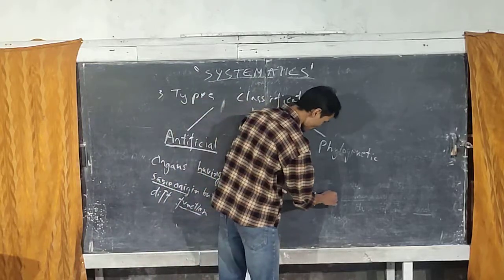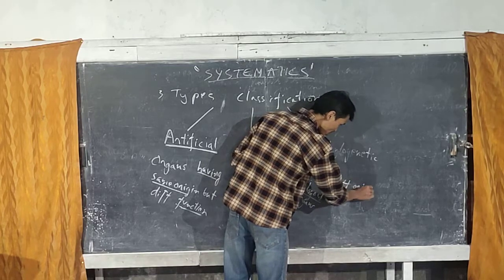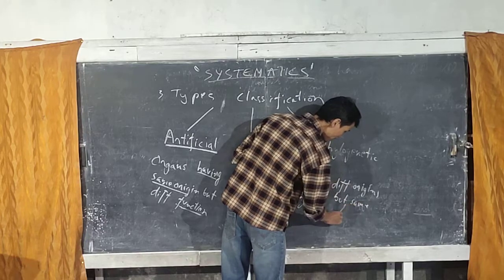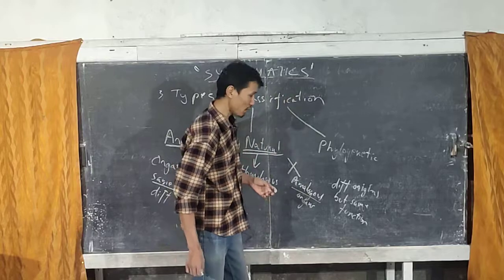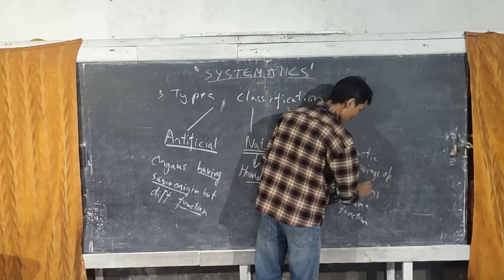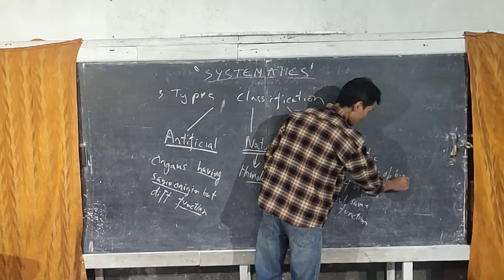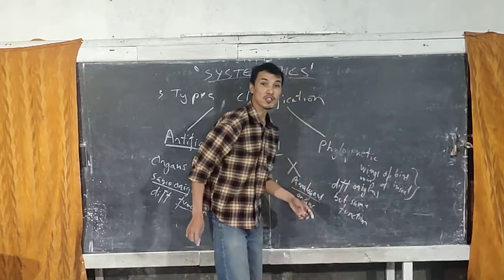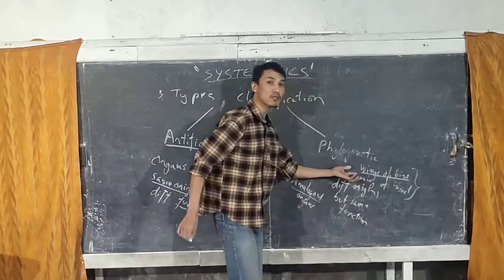Analogous means organs with different origins but the same function. For example, wings of a bird and wings of an insect. They serve the same function, that is flight, but the origins are different because the wings of a bird